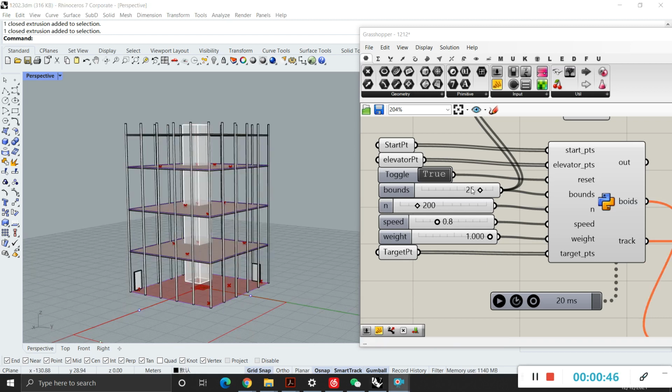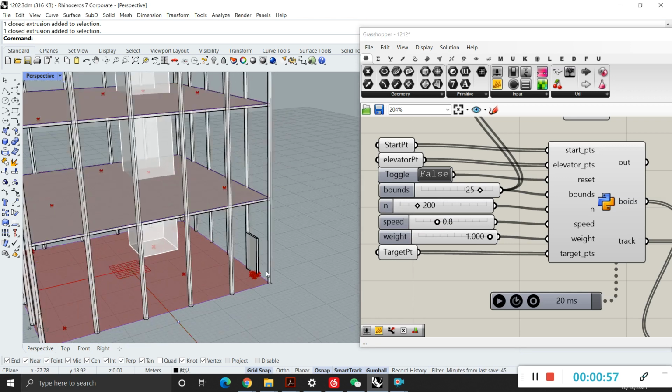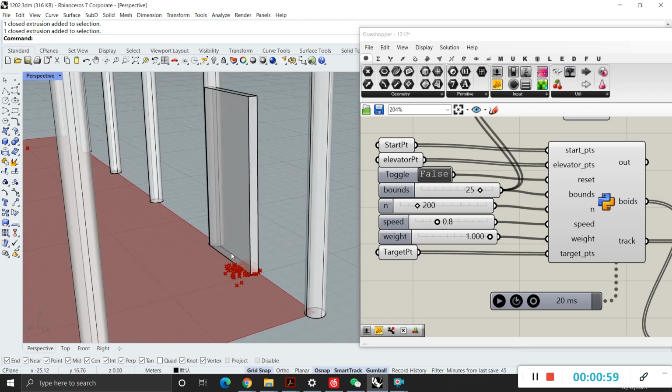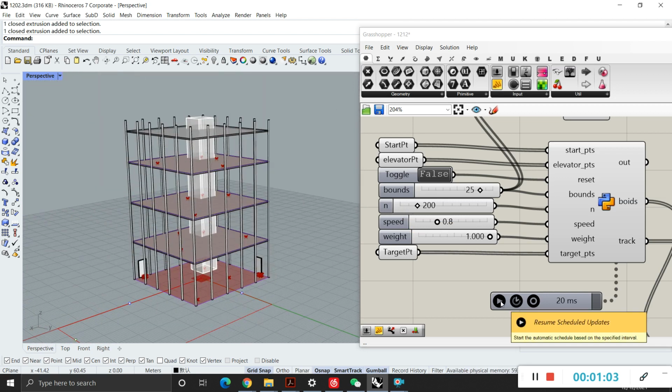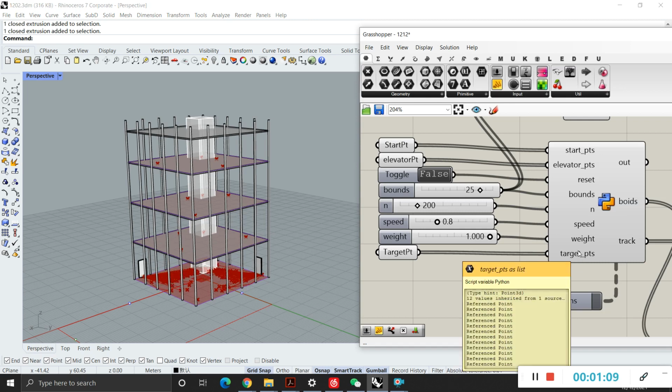To enable this component, you need to turn this toggle to false, and it will generate this many agents around the entrance area, and then turn this on. This component will start to simulate the agent